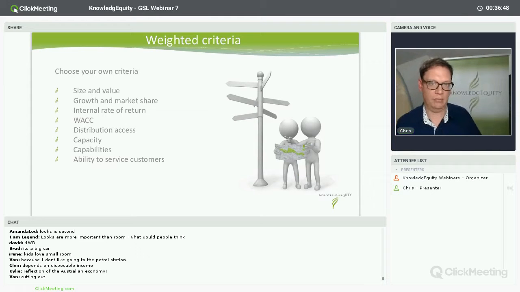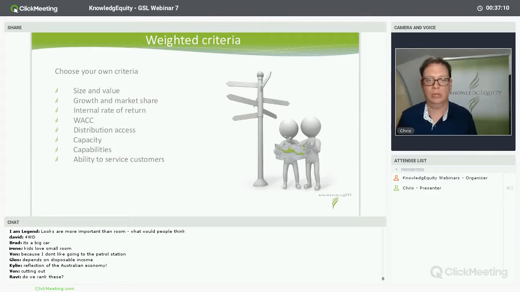Now, bringing it back to our markets, our decisions: size and value of the market, absolutely. PESTLE, is there future growth? Profitability, 5 forces. What market share could we get? Then you got the classic, straightforward for you guys, WACC, IRR. Do you do a project if it doesn't exceed your weighted average cost of capital? No, generally. Distribution access, I'll always bang on about that, because